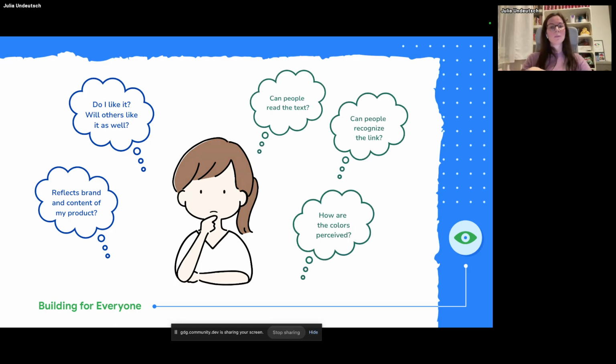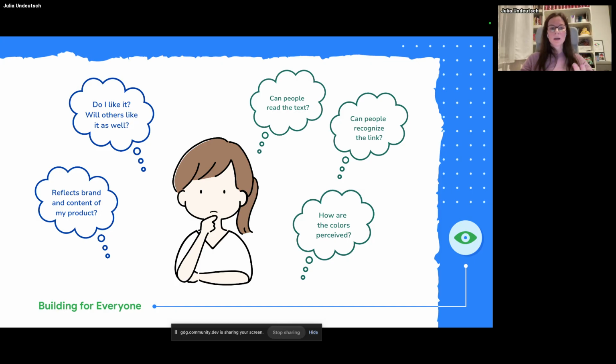This would be: can people read the text if I choose a certain color combination? Can people recognize the link inside a paragraph when maybe the contrast between the colors is not that high? And also, how are the colors in general perceived? For example, I'm working on a MacBook and I have a Retina display.